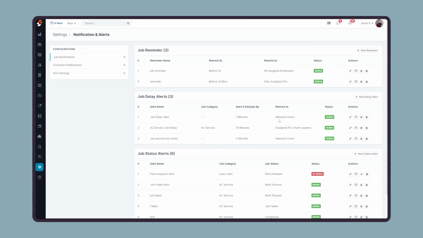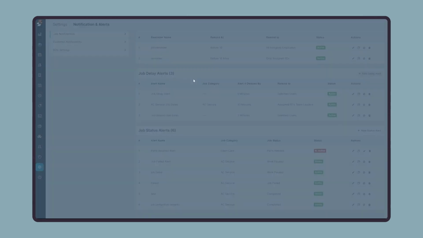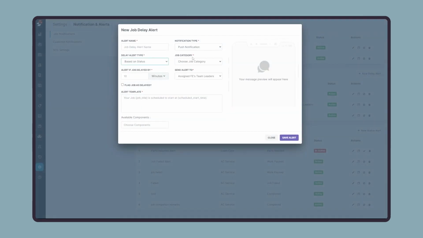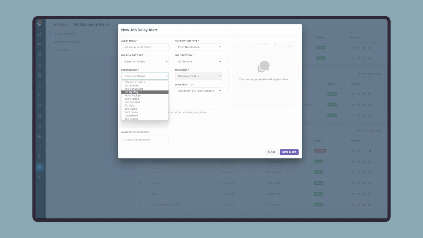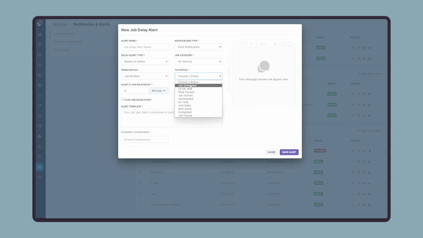the reminder. This way, field executives will receive an email push notification when a job is about to start in 10 minutes. Similarly, you can create delay alerts based on job status. Let's select the job category as AC service, set the job from status as booked and job to status as scheduled. Set delay alert as 60 minutes. Now, if the job is not scheduled within 60 minutes of being booked, you can email the assigned team leaders